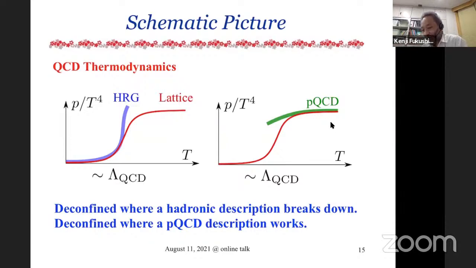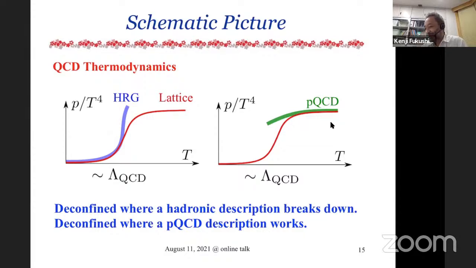But the hadron description, the hadron resonance gas, can reproduce the behavior up to this transitional point. Of course, it breaks down; its validity is lost above some temperature. And then eventually this description should be taken over by a more partonic description in terms of perturbative QCD. In this way, around this region, you can expect some duality between the hadronic description and PQCD. This is actually the modern picture to understand the crossover behavior.